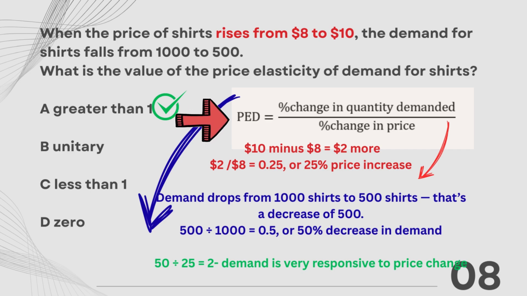So the answer of 2 means that the demand is very responsive to the price changes. And in economic terms, that's what we call elastic demand, because a small price increase can cause a big drop in sales. So the correct choice is A, greater than